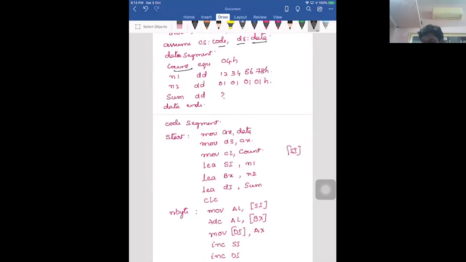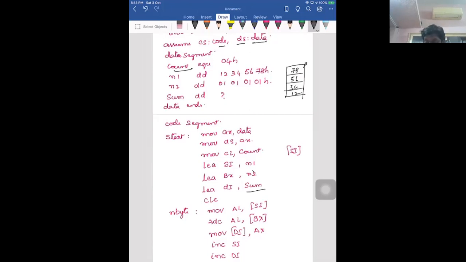The data is stored in memory like this: 78, 56, 34, 12. Then load the effective address of n1 into SI, the effective address of n2 into BX, and the effective address of sum into DI. The moment I declare the variables, a memory location is allocated.